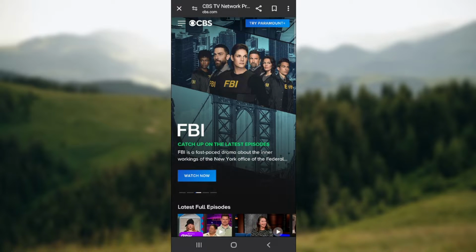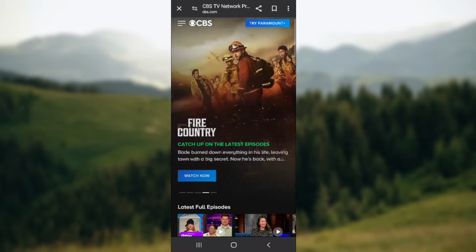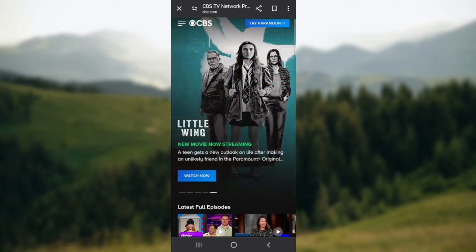So if you're having trouble with the CBS app, one of the easiest ways to fix it is, of course, to force close and then reopen the app. Well, if you need to do that, if you already have troubles, this is by far the easiest way to force quit the app. While you're on your phone, you can go to the recent applications button, which is located